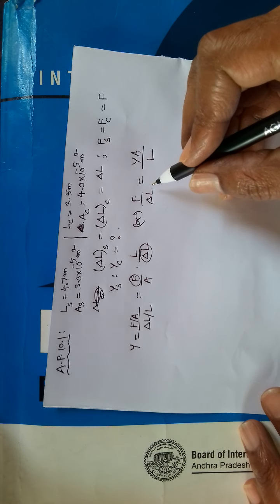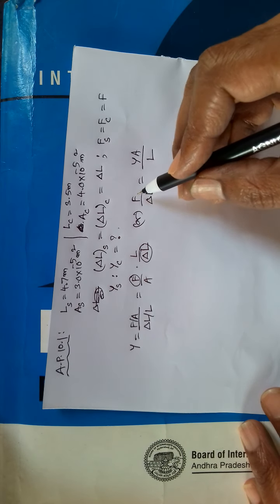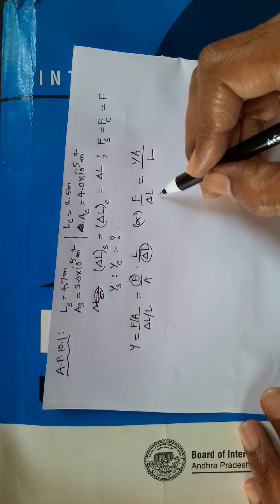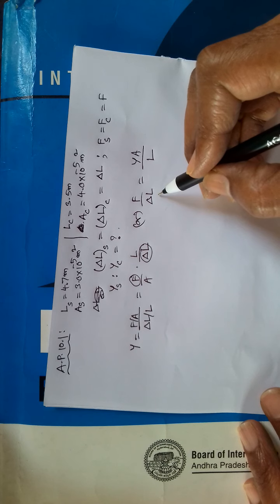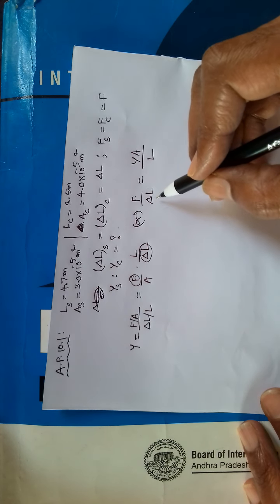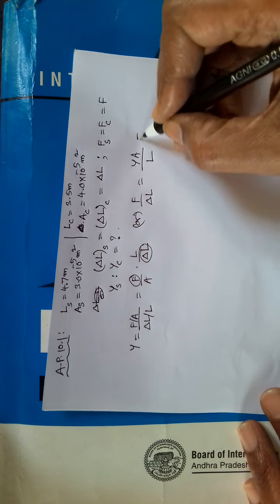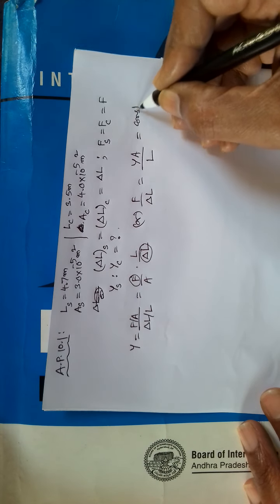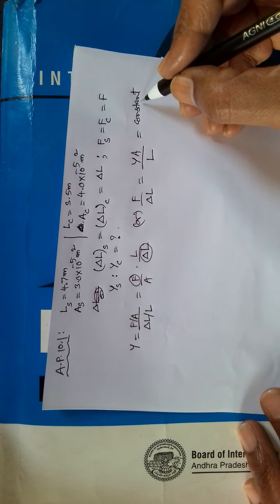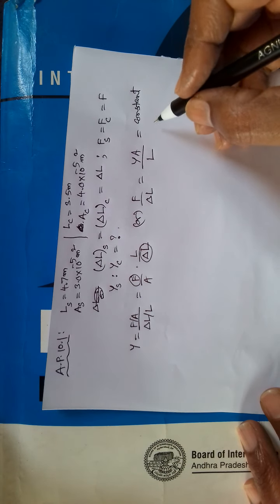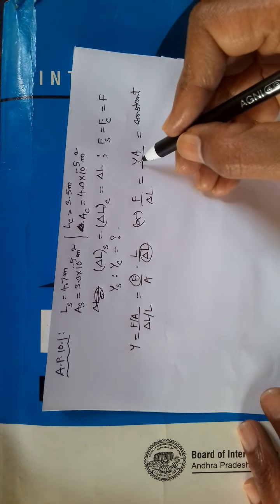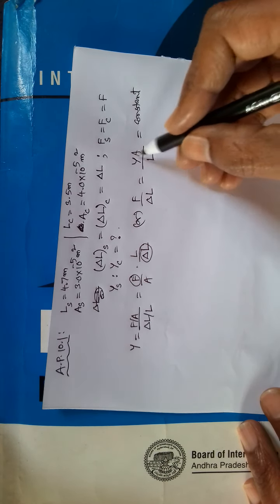For both wires, the load and the stretching, which means extension, are the same. Therefore the ratio is also the same, that is, the ratio is a constant. F by delta L is a constant for both wires. It means YA by L is also constant. So let me write, if this is a constant